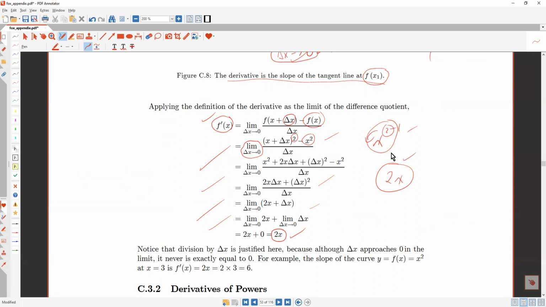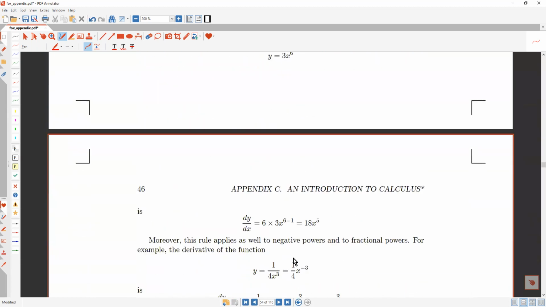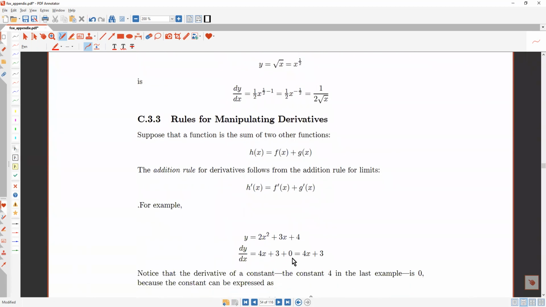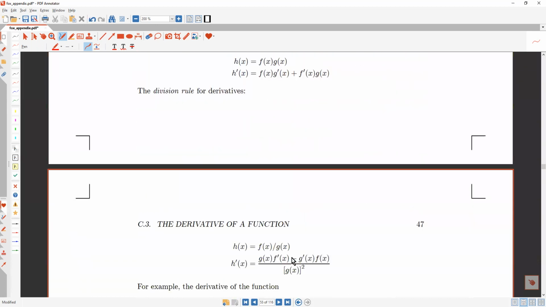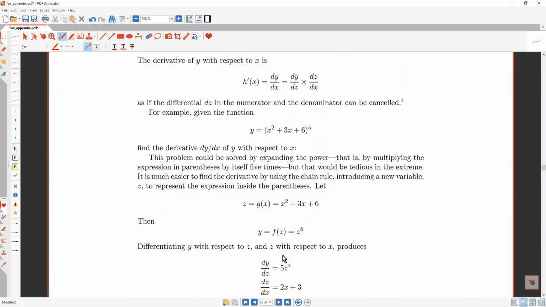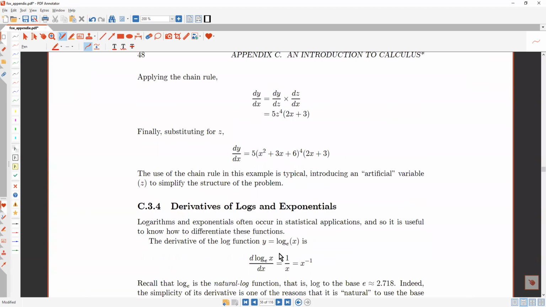When you're using those rules, you're just using a computational technique to get the derivative. But ultimately, you're getting a derivative. Okay, so that's what that's about. Rules for manipulating derivatives, there's a whole bunch of rules. We're not going to go through all that. If we were doing a complete calculus course, we would,